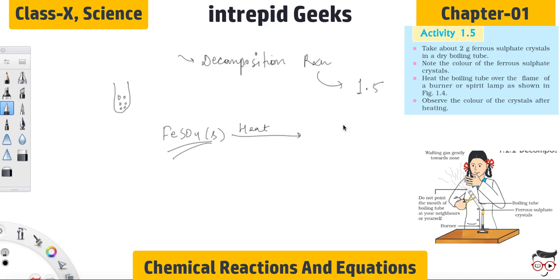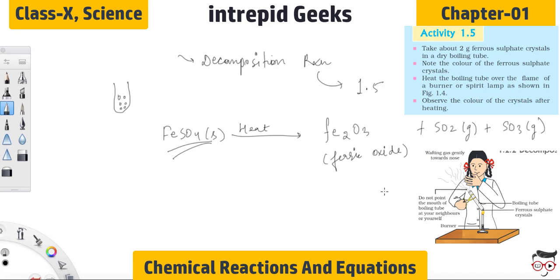What are the products? The first product is Fe2O3, which is also known as ferric oxide. Why ferric oxide? Because iron is very reactive to oxygen. So when we are heating the crystals of ferrous sulfate, the process is taking place in the presence of oxygen only. So the first simpler product is ferric oxide. Second is sulfur dioxide, and the third is sulfur trioxide, which are the byproducts. The main product is ferric oxide, right?